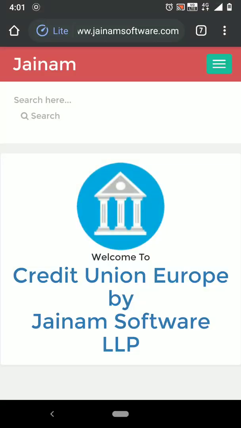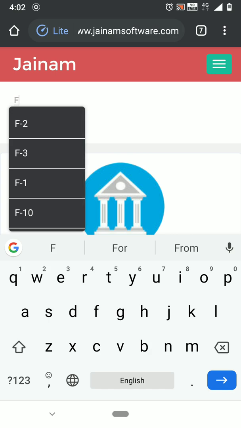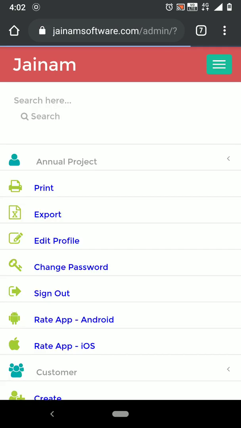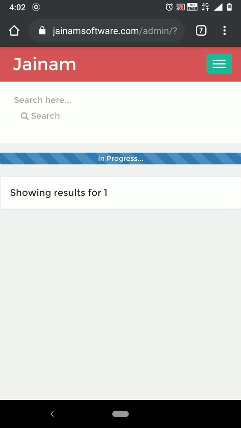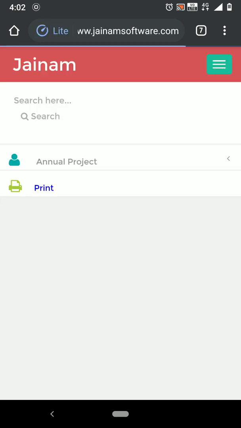In this video we are going to understand the recurring deposit related stuff, like how to create and how to delete the recurring deposit. Okay, so let's get started. I have created a few customers. I'm going to search one customer, that is F-1, which is file number 1 customer. Once I get the details of the customer, I click deposit here so that I can create a recurring